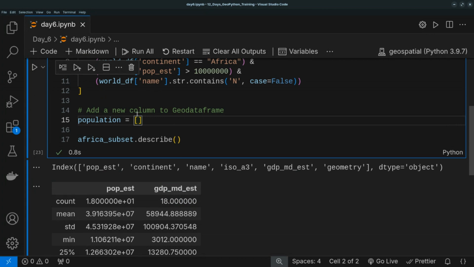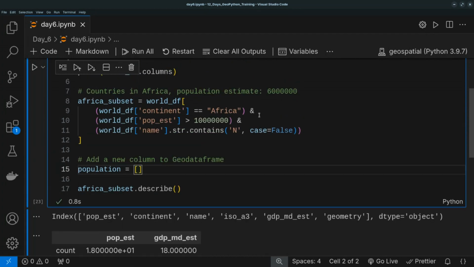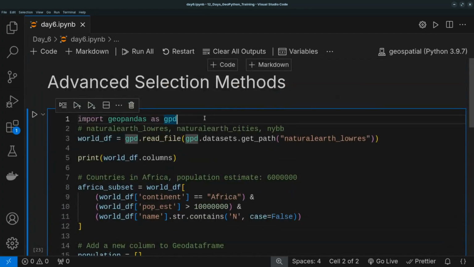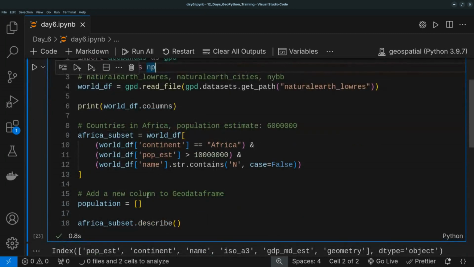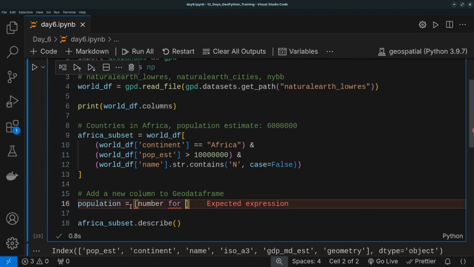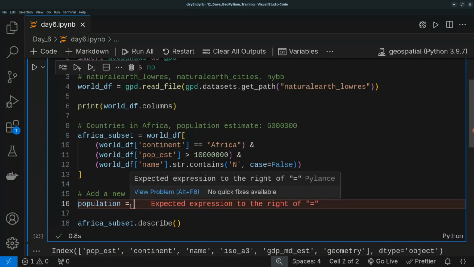Then I will type syntax here, which is a bit weird, especially if you are new to Python. I want to use list comprehension here. So bear with me. Let me import NumPy because I need it to generate some numbers. So import numpy as np. Okay, I don't have to use a list comprehension if I'm using NumPy. That is great, because that one might have confused some of you. So all I need to do is to say